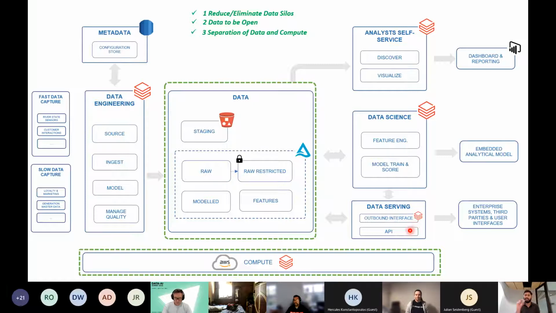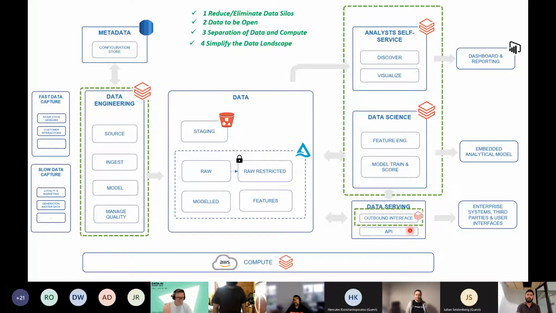And data serving is also a very lean cluster that needs probably less CPU and less memory. So each of these processes have different compute requirements, meaning we have different Databricks compute or clusters or endpoints that are given to each of these processes, but all of those compute work on the same data storage. So by implementing that, we have managed to keep data in one place, and we are able to bring different computes to the data depending on the workload we choose. And that's how we've proven that we don't need to have data and compute tied together. We can separate them. We have simplified the landscape.